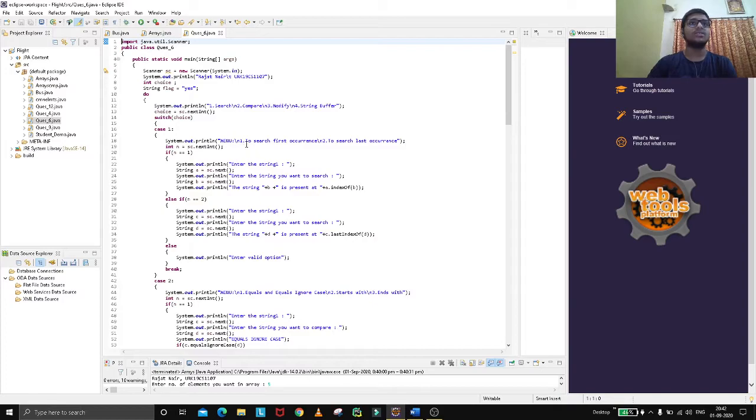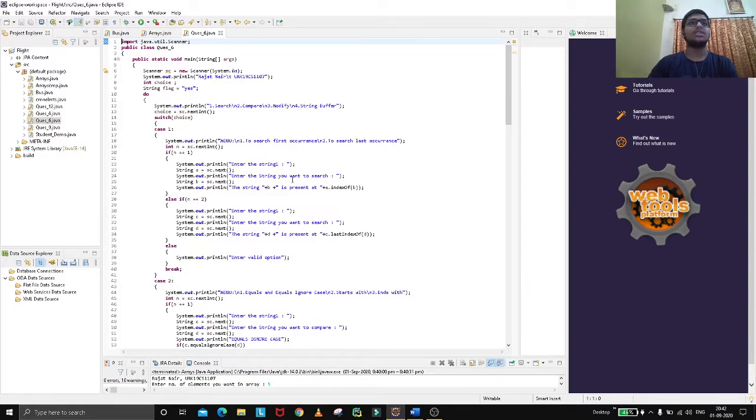In search, we have to search the first occurrence and the last occurrence. To search the first occurrence, we press 1. We provide a string and we have created a variable to get the input.